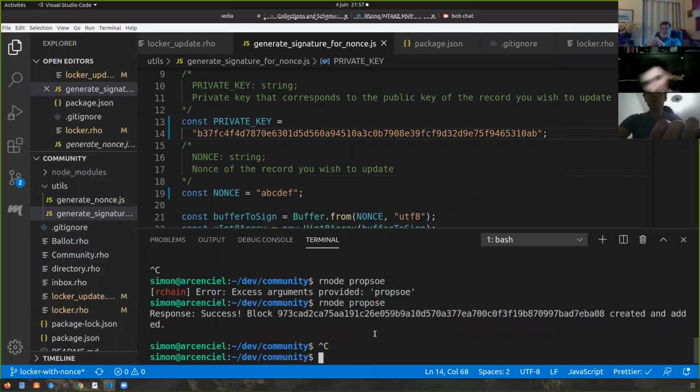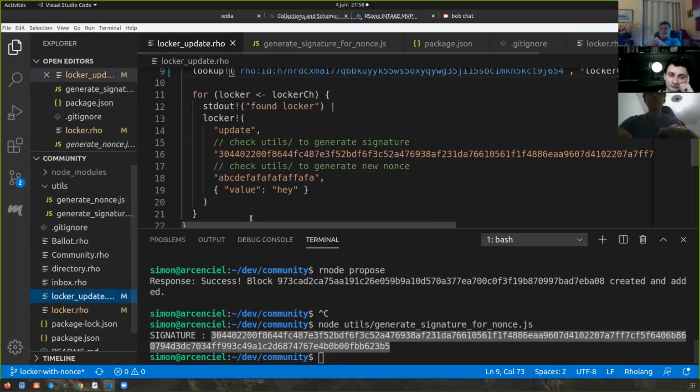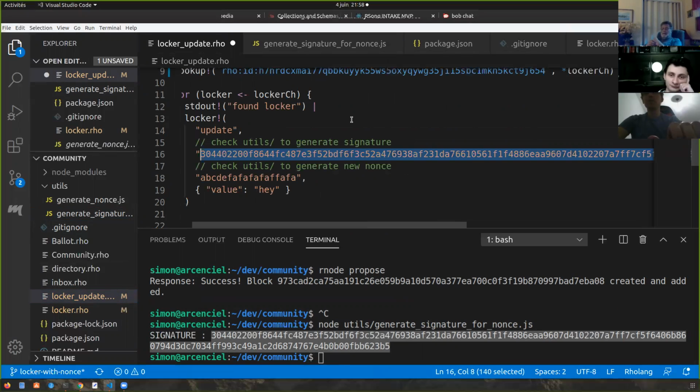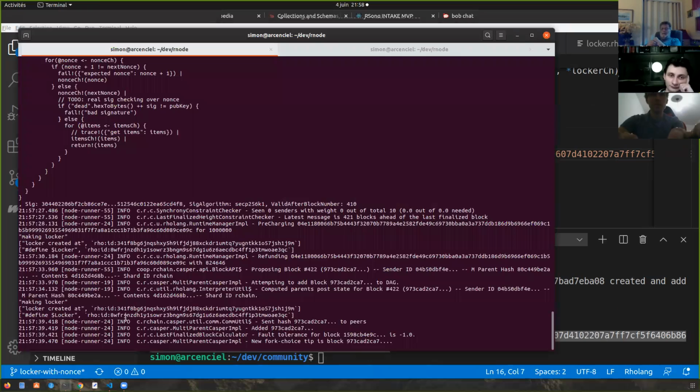So then I can just do node utils generate signature. So this is a valid signature for this nonce. So then I just have to provide it as a second argument in the update function. And of course, I must have the correct URI.